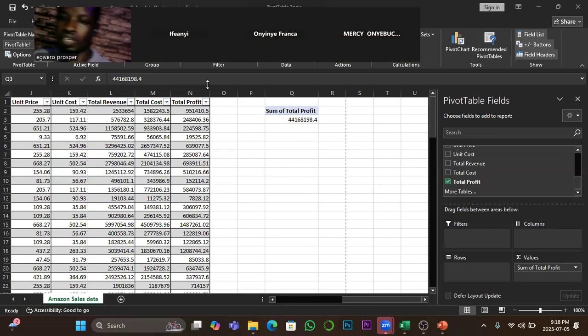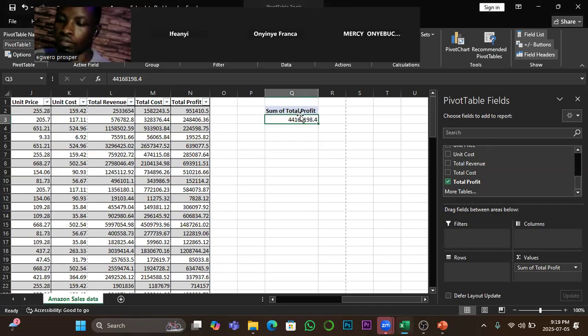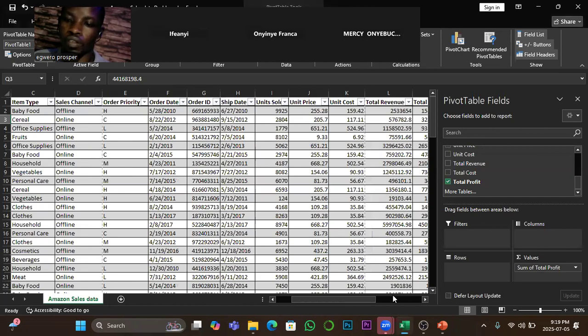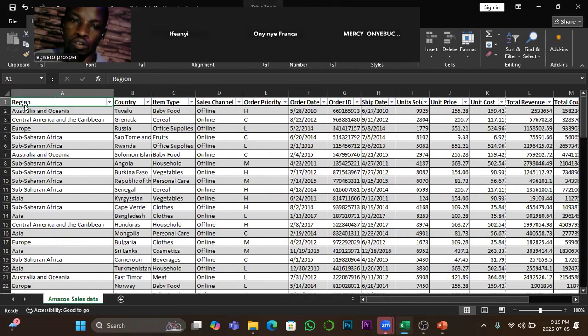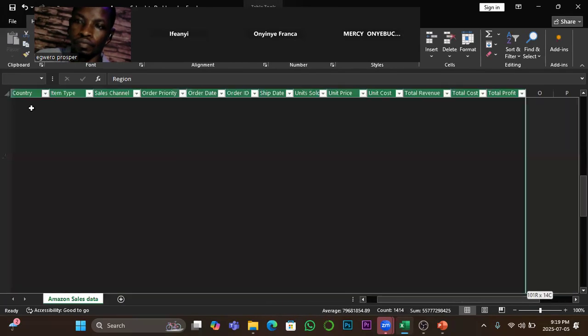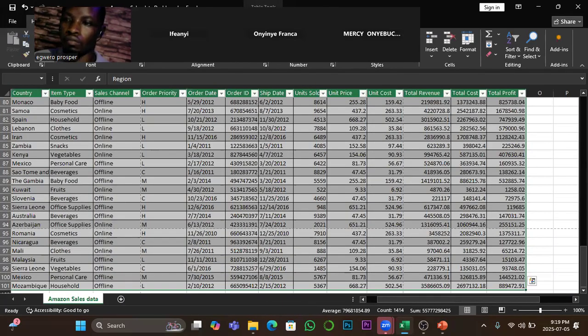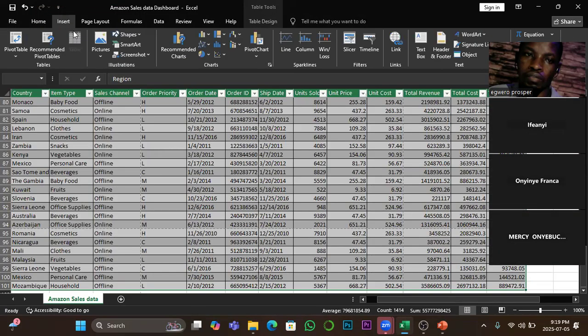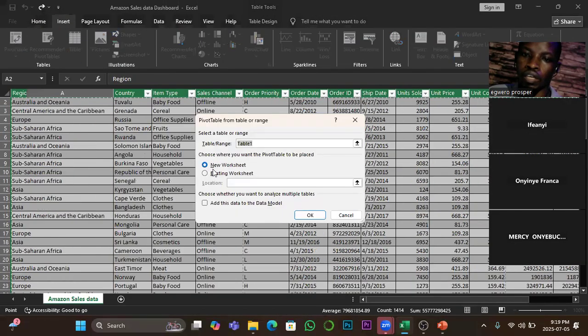Okay, so like I was explaining, we have just created one pivot report, but I'm not working with this. So I'll simply go back to the entire data selection and then go back to Insert and then click on this. Then instead of choosing an existing worksheet, because I just needed us to understand how to implement this option,